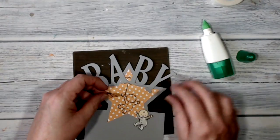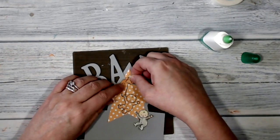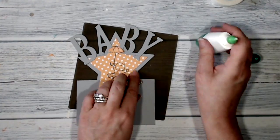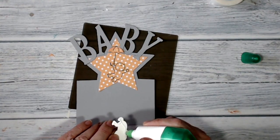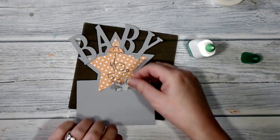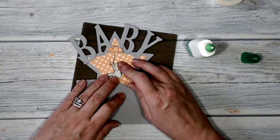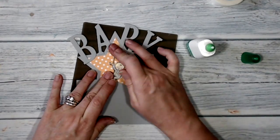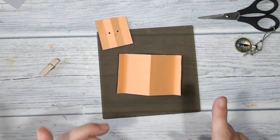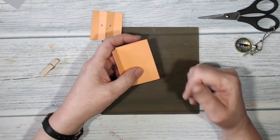And I'll bring back the baby that I fussy cut. Just line my little baby up with the pre-stamped bit. And there you go. These two pieces of card are going to hold the elastic in place. And I've already done the smaller one, so now I'm going to show you how it's done on the larger